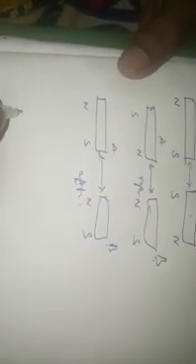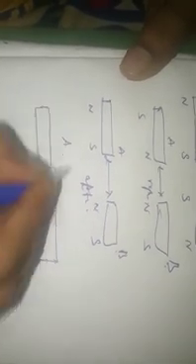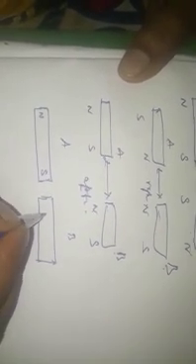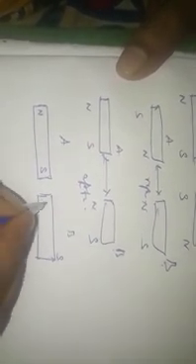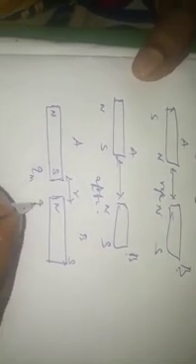For the definition, I am taking each pole having the pole strength Qm. This is magnet A, this is magnet B, north pole, south pole, and south pole, north pole. The distance between the two poles should be r, and the pole strength of each one should be Qm. This is magnet A, QmA, and magnet B, QmB.